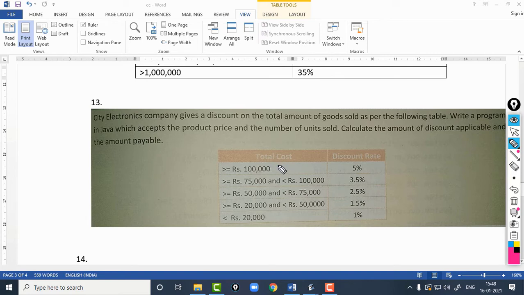If the total cost is greater or equal to rupees 1 lakh, the discount rate will be 5%. If the total cost is between 75,000 and 1 lakh, the discount rate would be 3.5%. So we have to follow this table and write the program in a non-slab based manner.